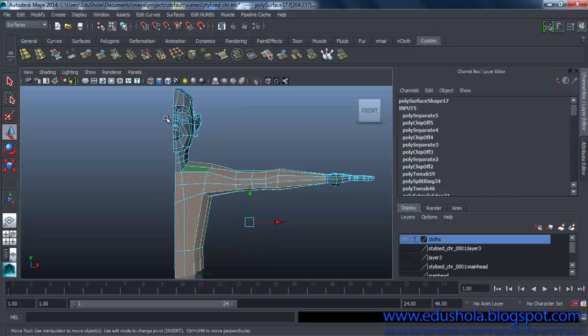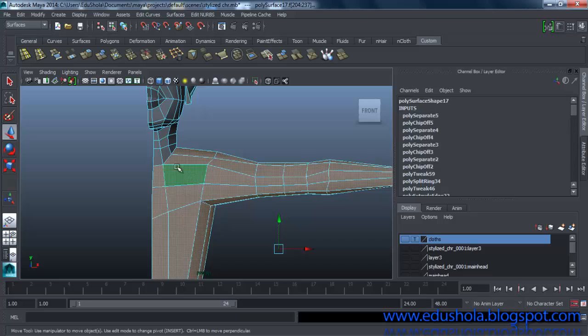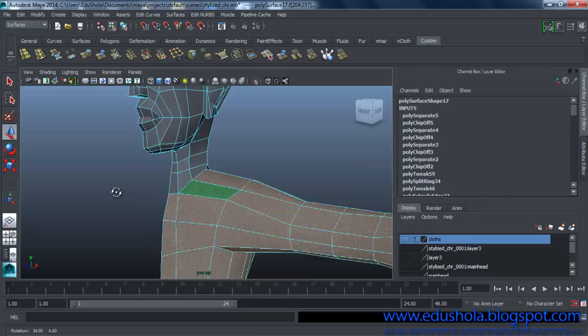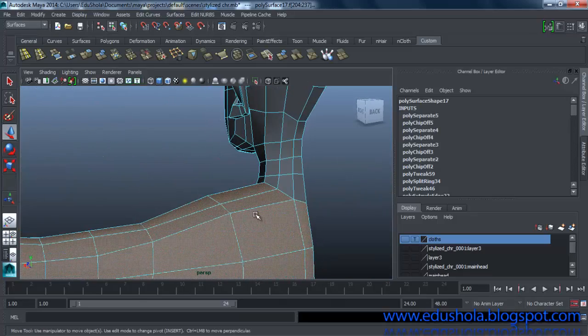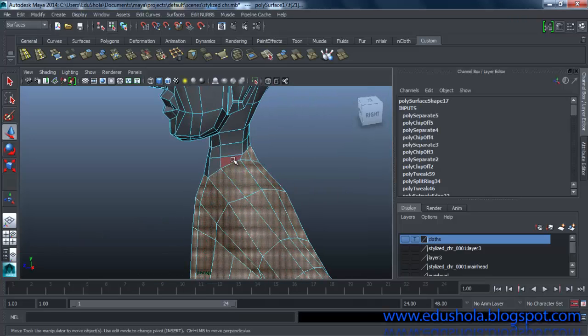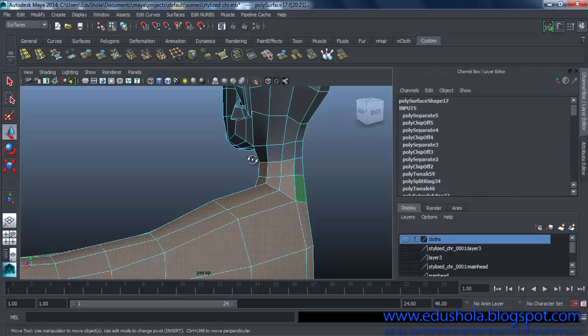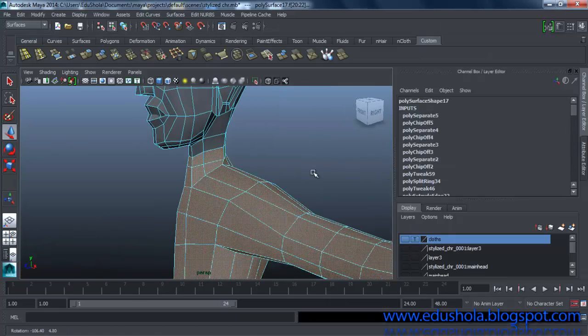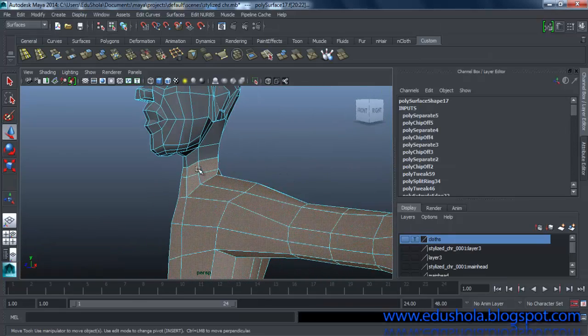Okay, so now that I've marked this out, since it's going to be a turtleneck like the one I did before, I'll just select these parts too. Okay, so to this point,